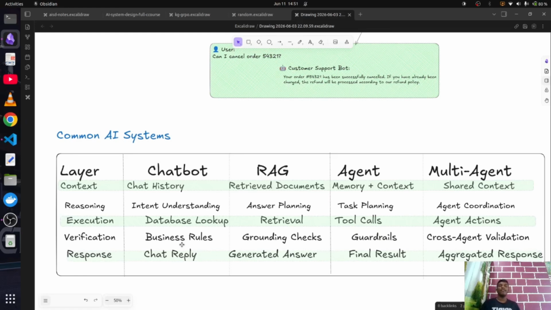For example, we had a constraint that shipped orders can't be cancelled. So some business rules will be defined from the user's requirement, or maybe a predefined policy. For verification, for RAG it's grounding checks. For example, if I retrieve 5 to 10 chunks for a particular query, then I have to verify how well the answer is actually relevant to my question. For example, if I ask what is the capital of India and it says some number, then the answer is not relevant. That kind of check is the verification layer for RAG.